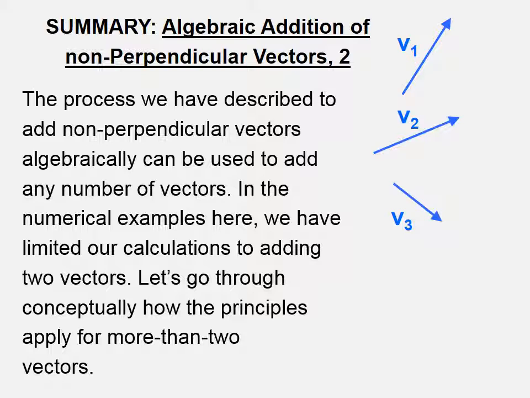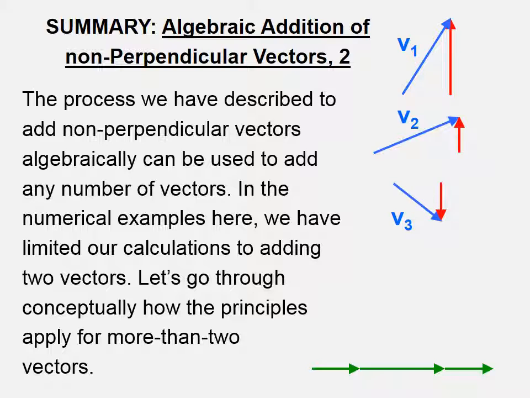So on the right, we have 3 velocity vectors that we want to add. If we add them graphically, they'll look like this. There's v1, there's v2, there's v3. Our resultant should look like that. When we add these algebraically, we first find the components of each of these given vectors. Then we add the components. So all of the green vectors point to the right. I'm going to add them,